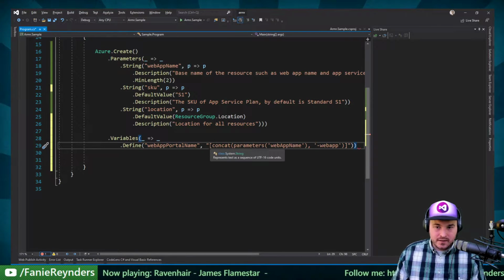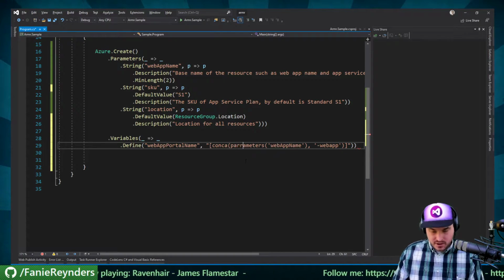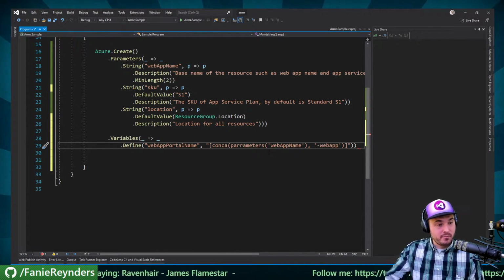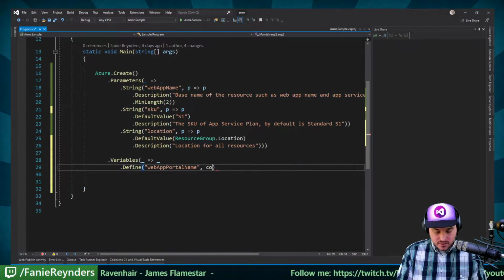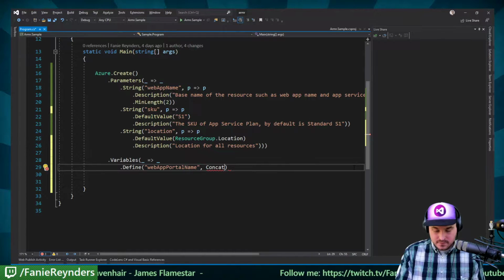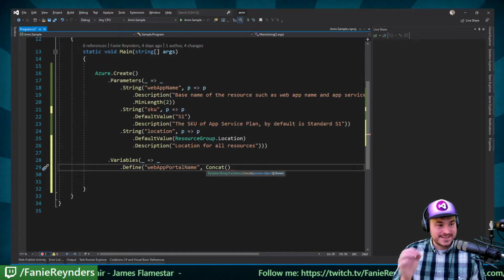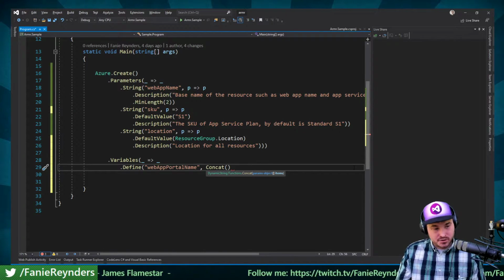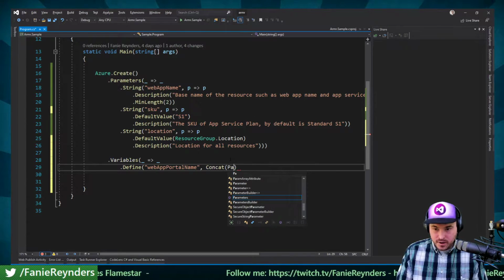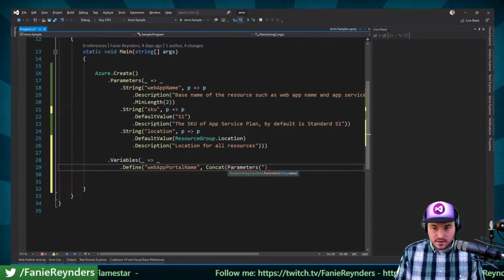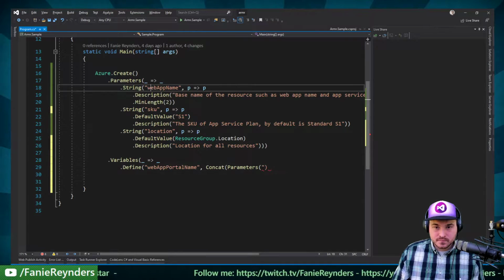But yet again, you can make a spelling mistake there, right? Or you can make a spelling mistake there, no? And it will fail on deploy. And guess what? We have a helper for that. So we can say concat, and then it allows you to pass in a concatenation of things. It works exactly the same as the concat function in Azure. So in our case, we have parameters, which is called parameters. The name, and we can say the name is web app name, this one,